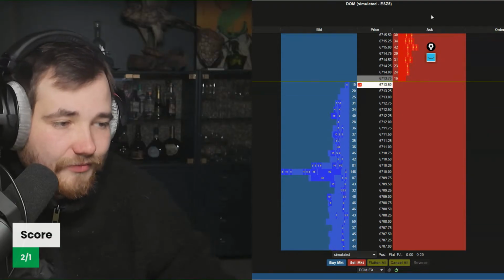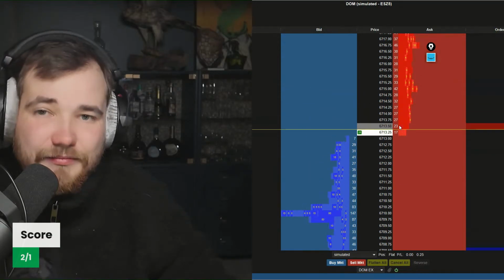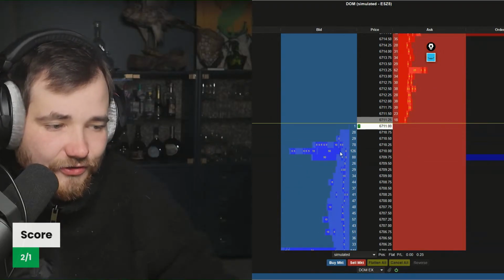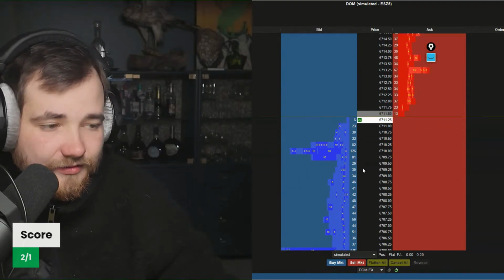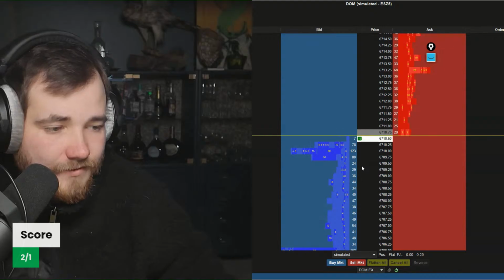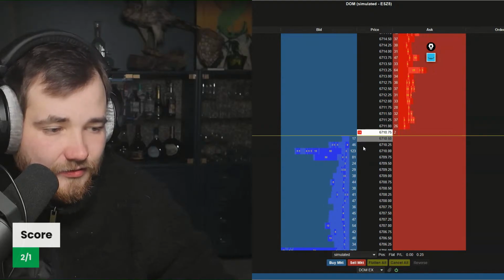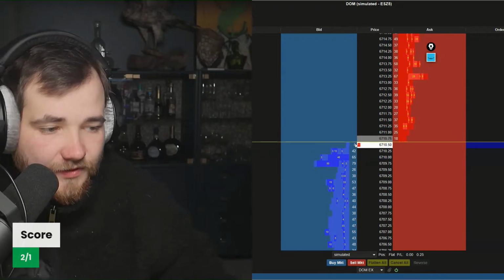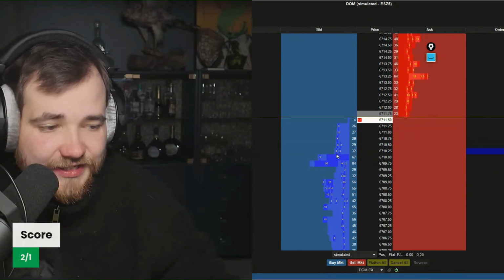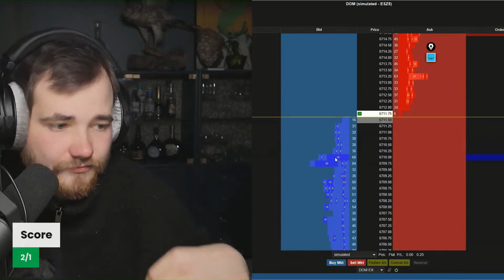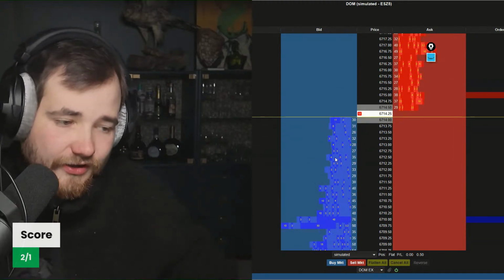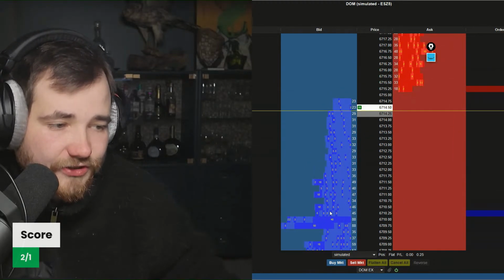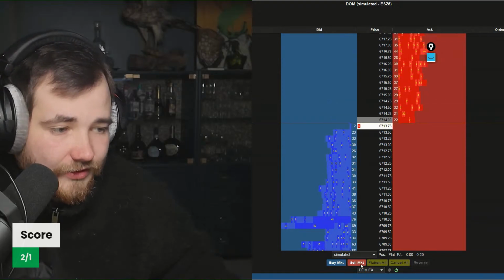I would like to do it, but I'm not seeing the move I want to see. But as you see here, now it's going to the big liquidity here. Let's see how it reacts. Buyers are really eating up the orders here. As you notice, the sellers didn't really clear this liquidity very fast. This could also be something called an iceberg in the long term. But we'll see. I think it wants to go back here again. So we'll take a trade here.